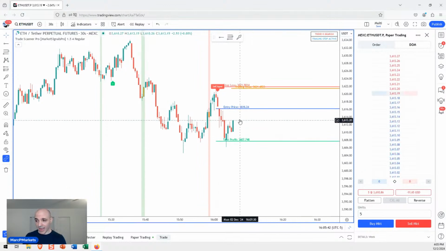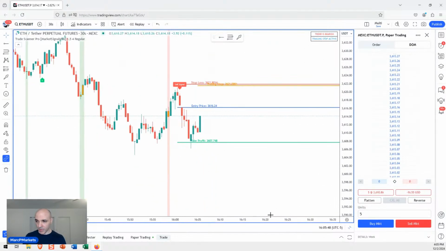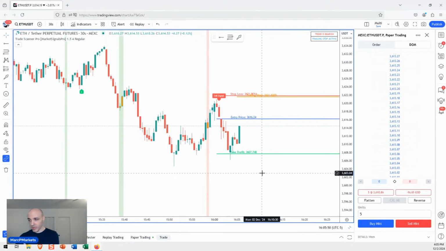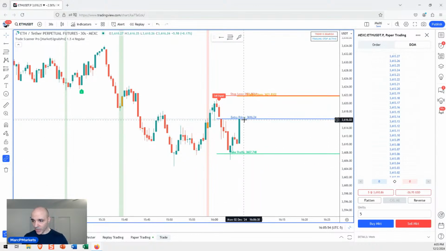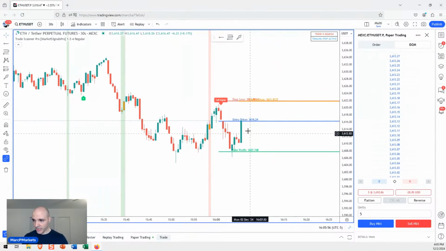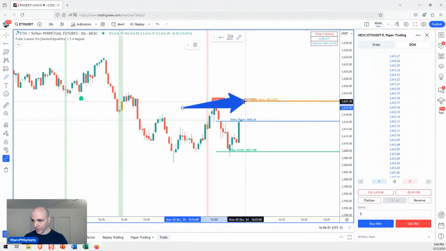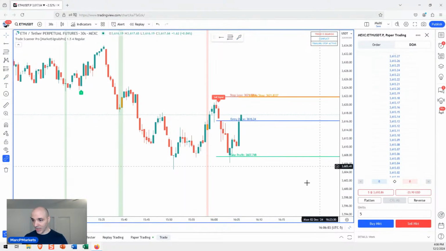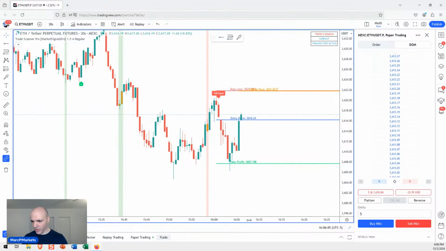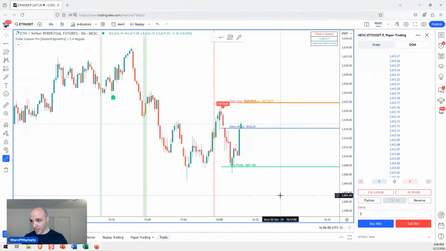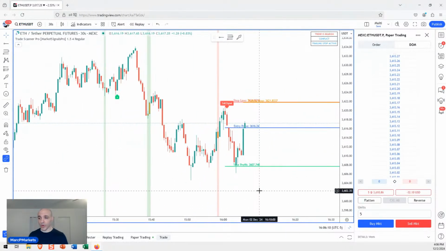So I locked in the 5. Now I put on this new 5, which would be going against me. It's like the old 5. Does that make sense? It's like I'm still in half the position. So let's see what happens here. Going back to my entry price, not good. You could see this orange line has appeared. That's the trailing stop. Now let's see. I'm on a 30-second chart here. Let's see how the trade scanner helps me navigate this trade.